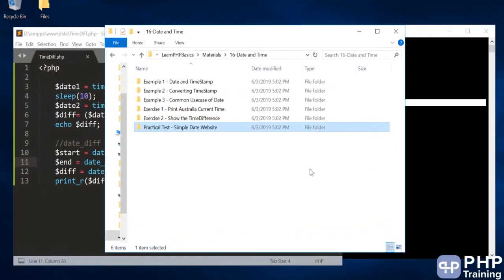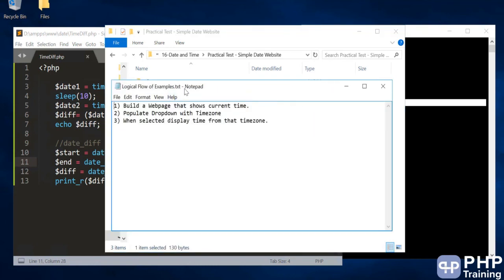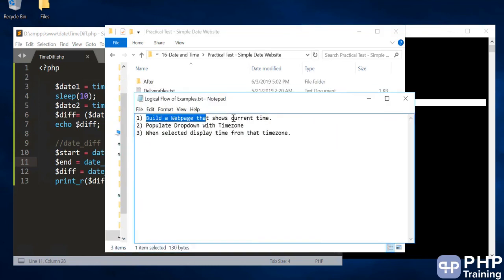Hello and welcome to the assignment section. Let's do a simple date website. That's your assignment. The logical flow is like this: you have to build a web page that shows the current time. Just show the current time in bold and bigger text. At the bottom of it, you can put different time zones, like 5 time zones. When the user selects a time zone from the drop down, display that time.